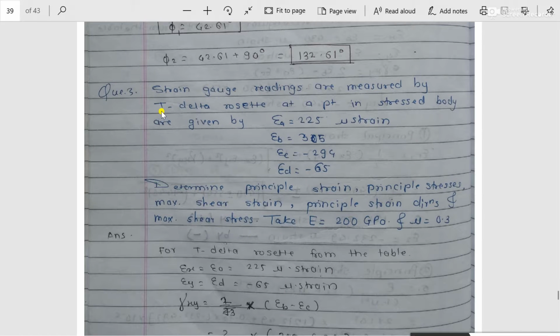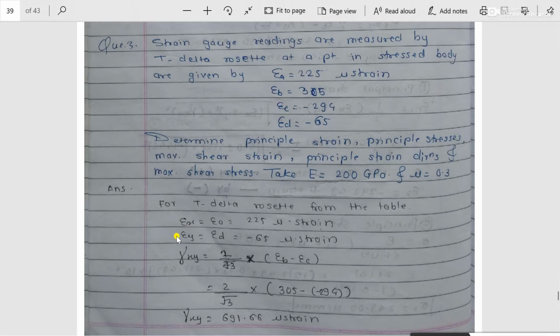It is mentioned, for example in this particular statement, the T delta Rosette is there, and from that T delta Rosette I can do the further calculation. That means this type of Rosette is very important to calculate the values of epsilon x, epsilon y and gamma xy, and the same process you have to follow in all the types of problems related to the strain Rosette. That means calculate these three values, epsilon x, epsilon y, gamma xy, and then by using all these